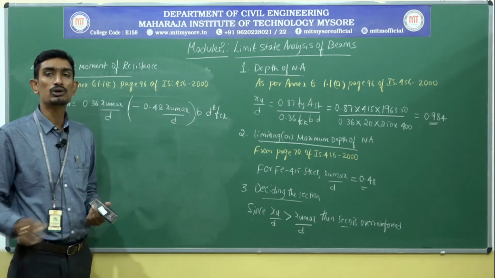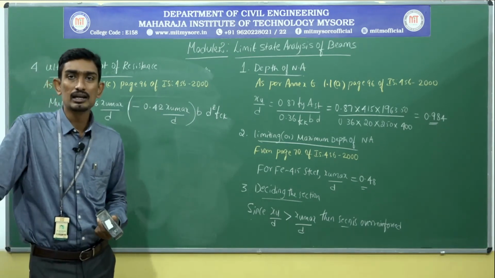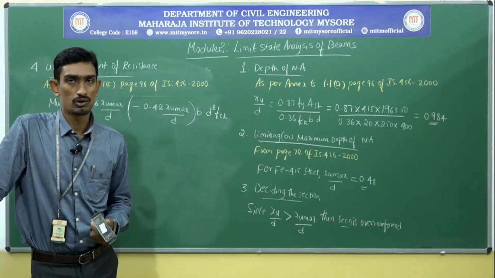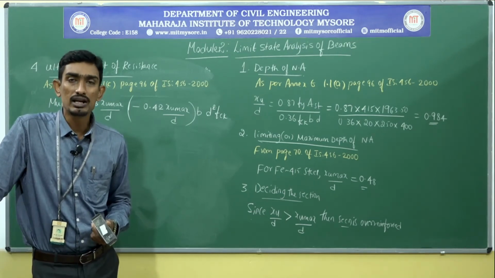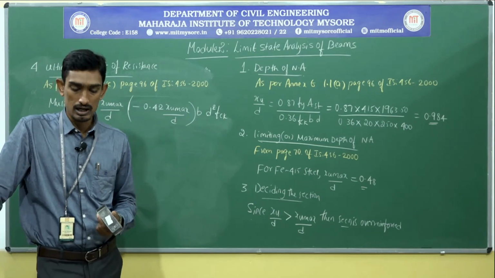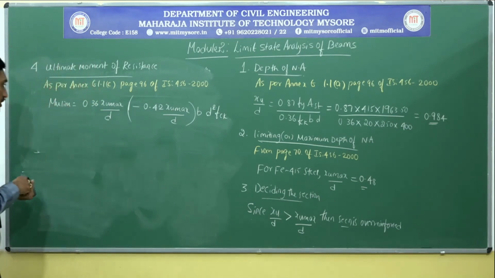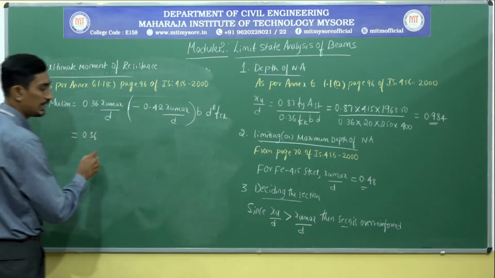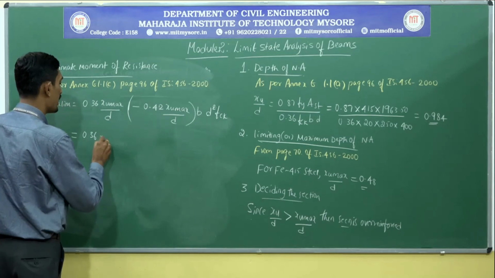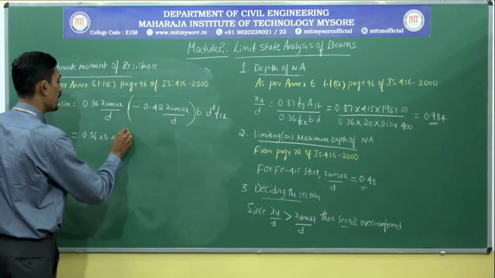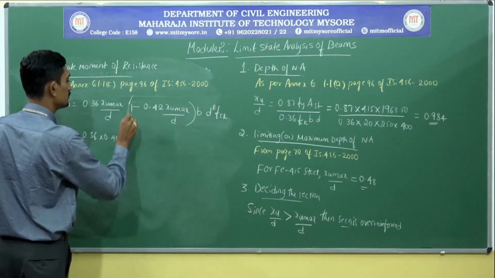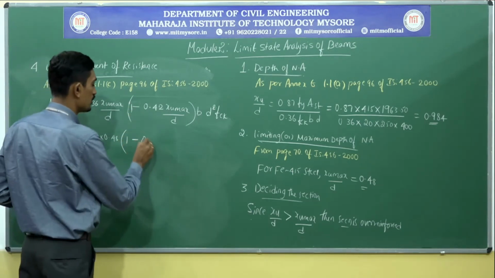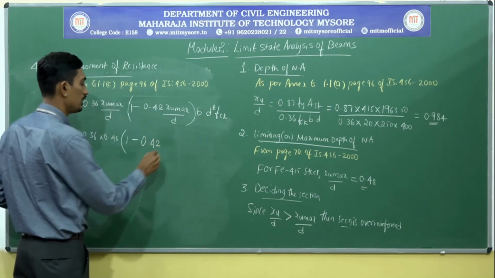That means I am going to consider Mu lim equal to Mu, because it is an over reinforced section. So let us substitute one by one. Mu lim equal to 0.36 into XU max by D, the value is 0.48, into 1 minus 0.42 into